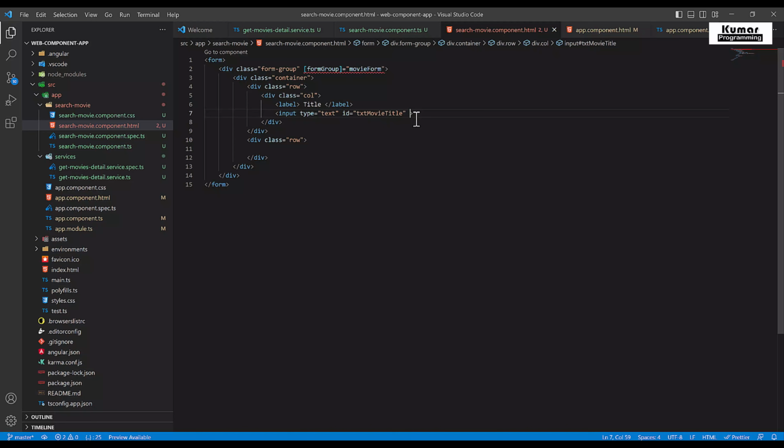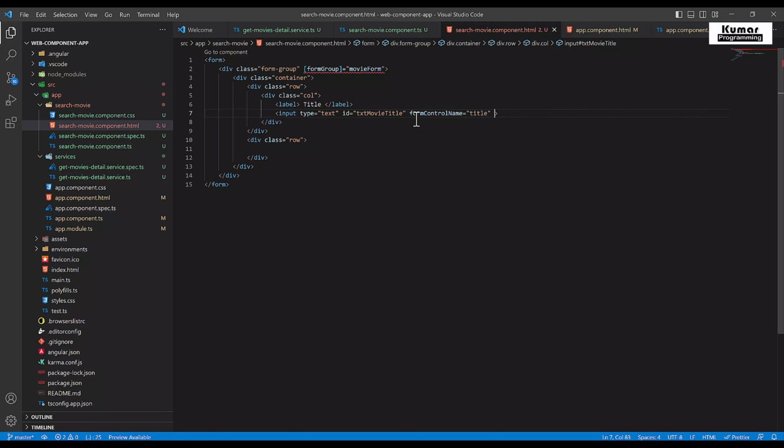So here I'm putting form control name, and this form control name I can give as title. This is the text box where we are going to put the title,